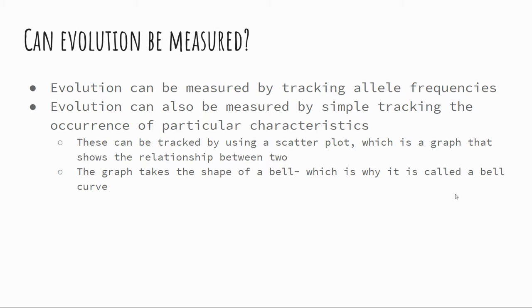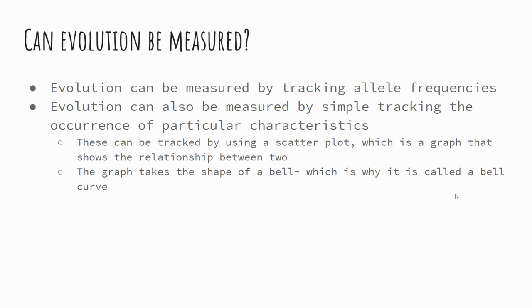So with anything that data is collected, it's going to have to be measured, and the data for evolution is no different, and that data has to be measured. So how do we measure it? Evolution is typically tracked by measuring allele frequencies within a population, and evolution can also be measured by simply tracking the occurrence of a particular characteristic in